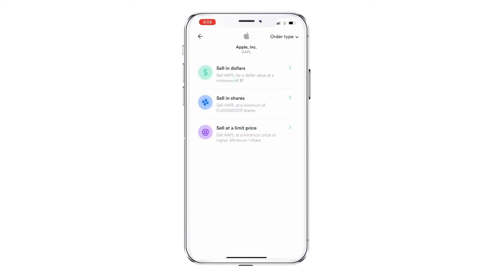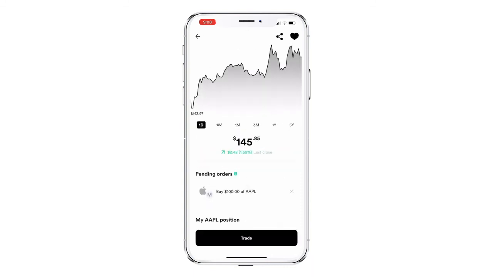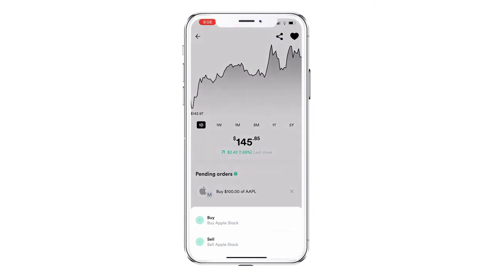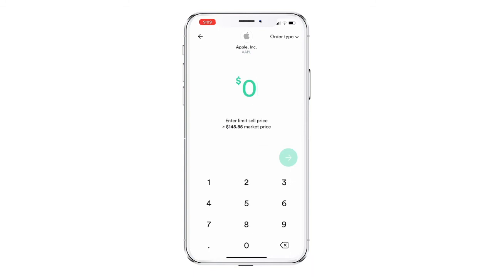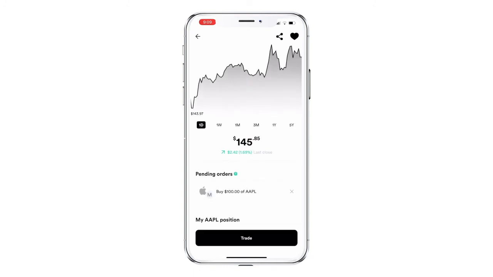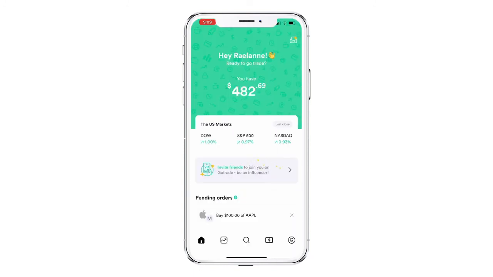Yan. Also, meron din tayong other order types. Sell in dollars, sell in shares. Same lang siya. Or sell at limit price. Ito naman, magsiset ka ng price kung kailan mo gustong ma-sell yung stock mo. So, kahit hindi mo siya i-observe or i-monitor, magsisell siya automatically kapag na-reach tong amount na to. Okay? So, that's how you trade